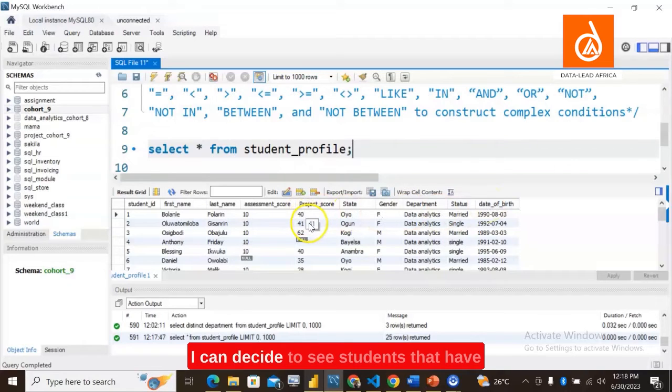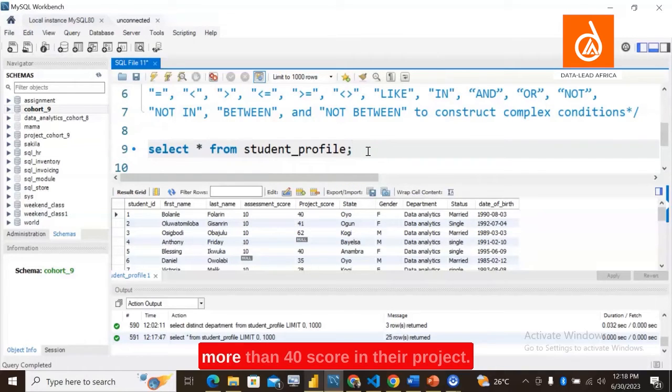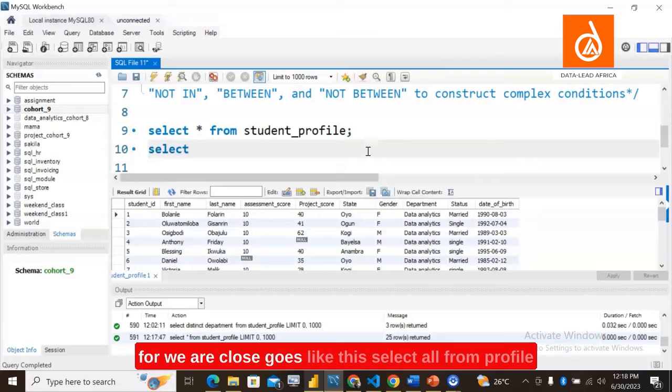I can decide to see students that have more than 40 score in their project. So we can use where clause to write. The syntax for where clause goes like this: select all from student profile,